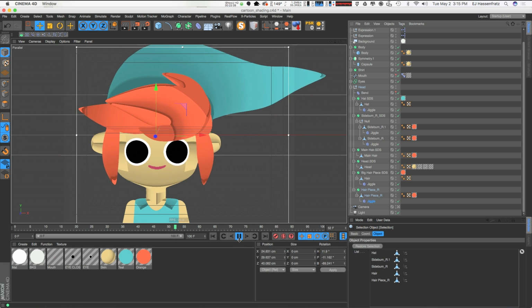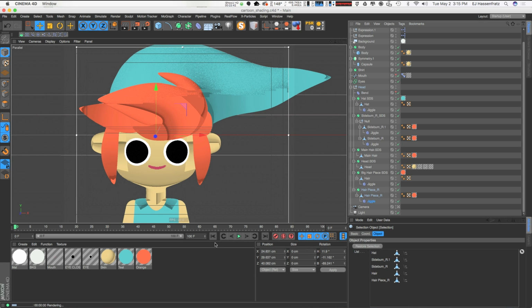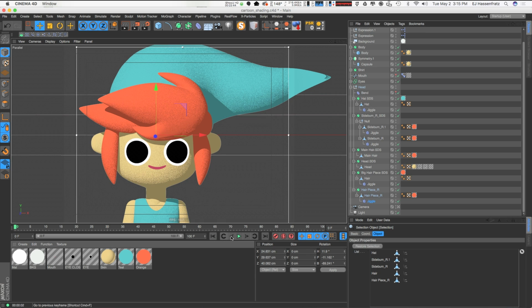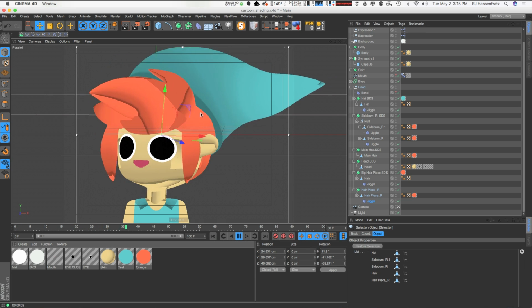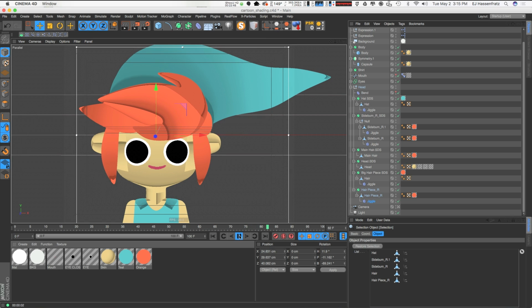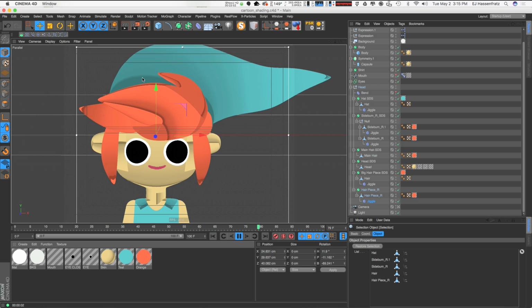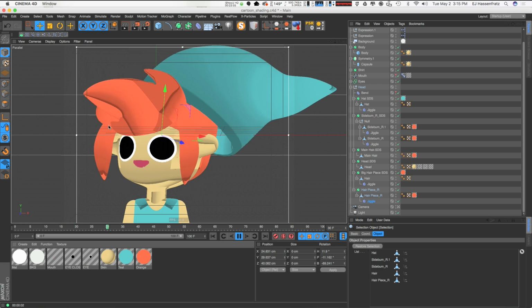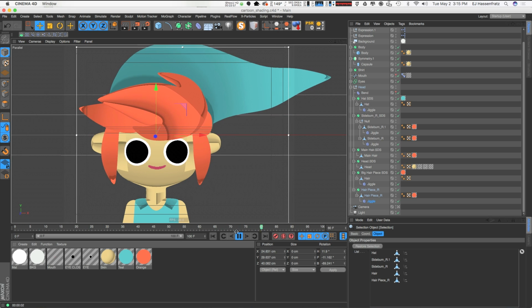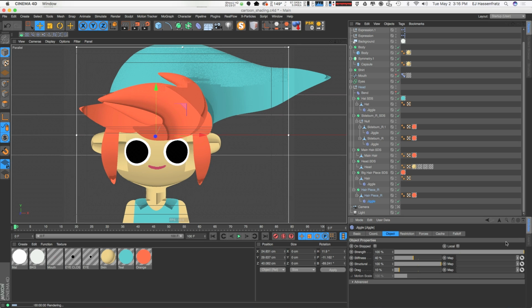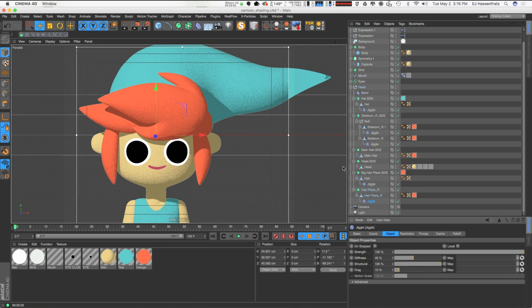Just very nice jiggly, but we actually need to have sort of like an anchor point because you can see specifically in the hat here that it's just jiggling all over the place, and we actually need to adjust it so the base of the hat is not jiggling so much, and similar things with like the sideburns here as well. So the way to do that, and I can actually unlock my selection object here so I can actually select things like